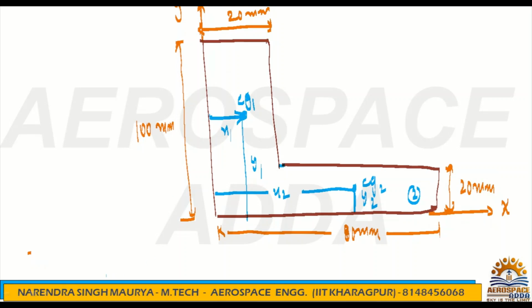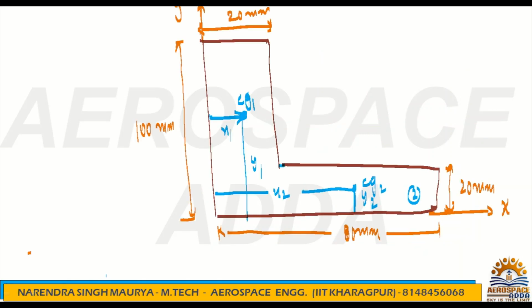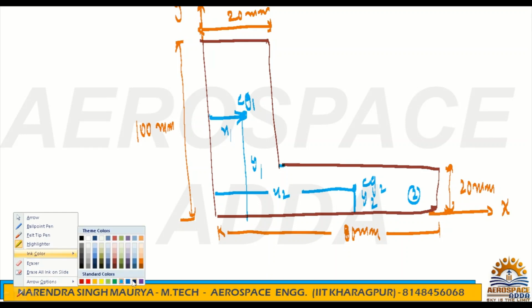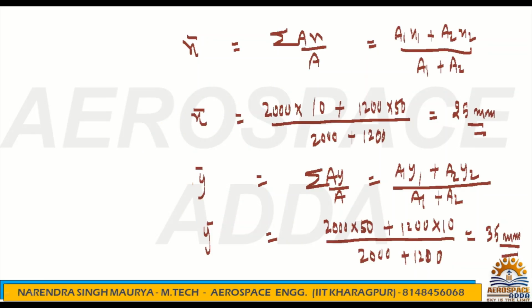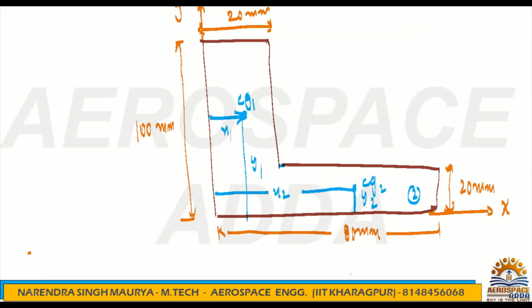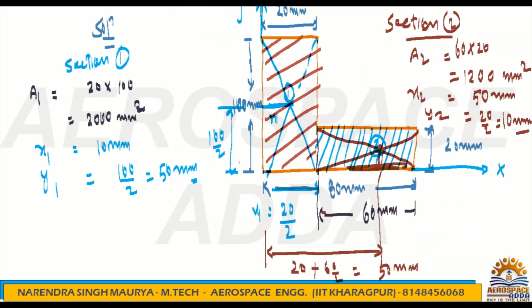Now x bar and y bar we have calculated. Now it's a centroid actually. So x bar is 25 mm. Anywhere you can draw x bar. First I will show y bar, so it will be more clear. Where is y bar? It's 35 mm. So from here you have to measure. Check what is y1. y1 is 50